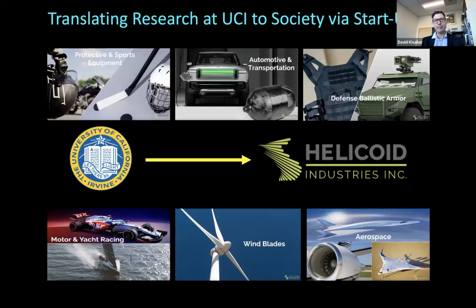So this has actually spun off as a startup company from University of California technology that we, meaning my students and me, invented in the lab. And now this company, Helicoid Industries, is making hockey sticks and automotive parts, armors, things like this, aerospace, and wind energy blades. That project is going very well, where we're showing that by having this design, the wind energy blades, which cost $500,000 each, could last much longer and therefore save a lot of money.